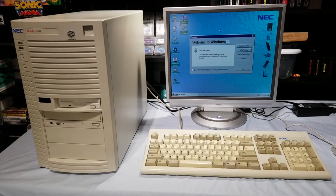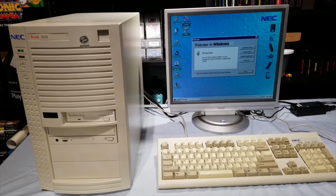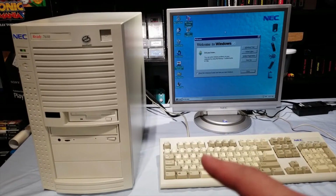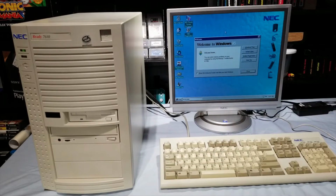Alright, so this is kind of an impromptu video. I just wanted to do an update on the NEC 7610 restoration that I've been doing. I did manage to get the CF card working finally after quite an ordeal, and this is using the